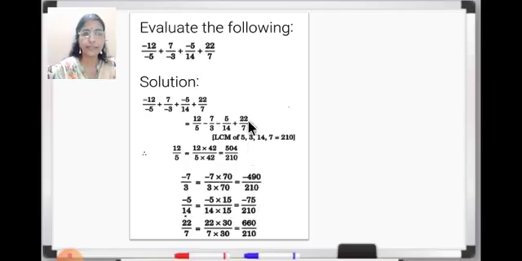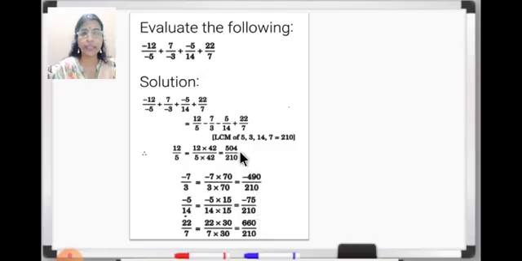Now we will take the fourth rational number, that is 22 upon 7. Here you can see 7 is there in the denominator. So then what will we do? 7 will be multiplied by 30. 7 into 30 is 210. Even in the numerator we'll do the same thing. We are going to multiply 22 by 30. So when you multiply, you will get 660.